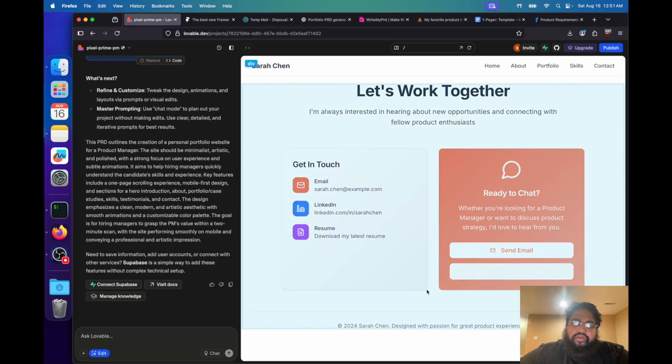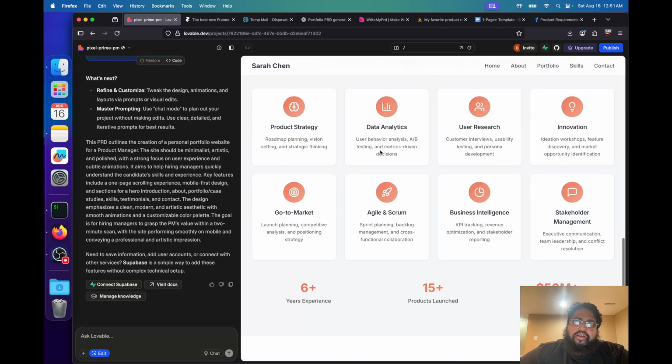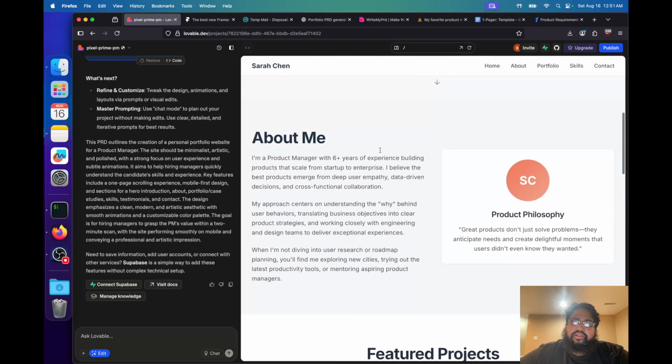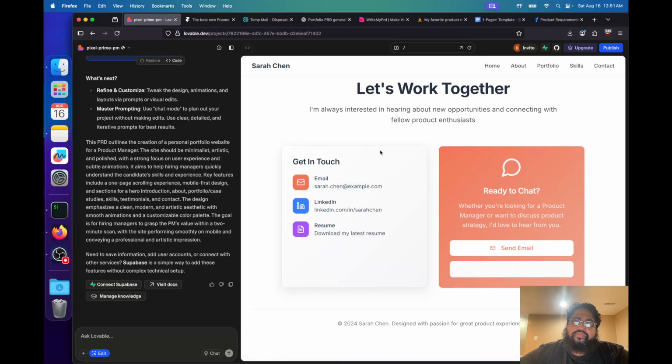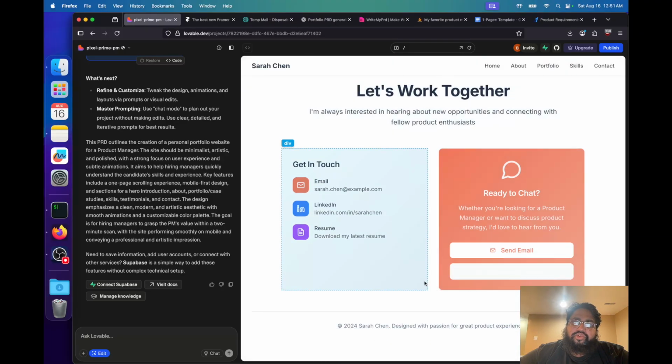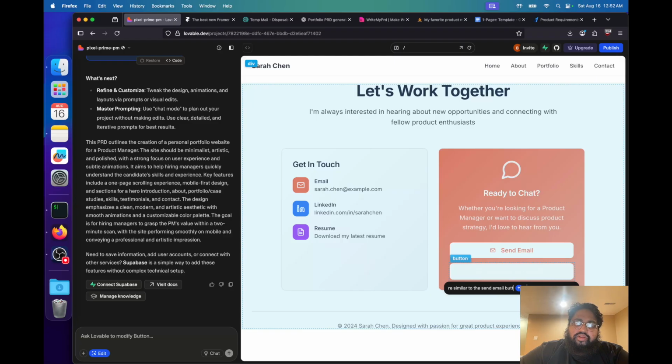You can click this edit button, which will be similar to the inspect tool in Chrome or Firefox, like the Chrome DevTools, where you can actually hover above certain elements on the web page. So this will let Lovable know exactly what you're talking about when you want to fix something. So we'll select this here and just let Lovable know, hey, we want to make the LinkedIn button here similar to the send email button,